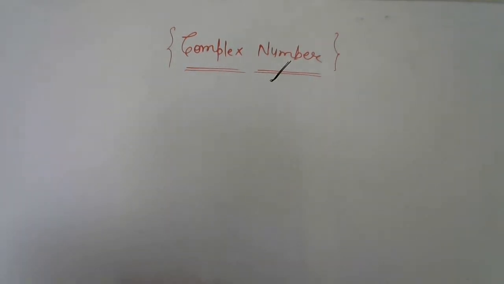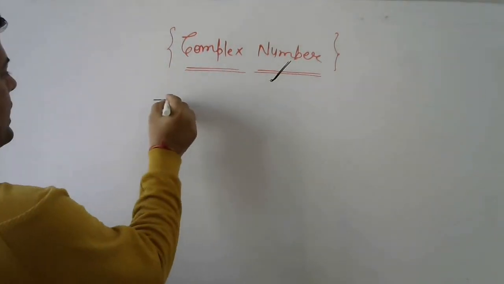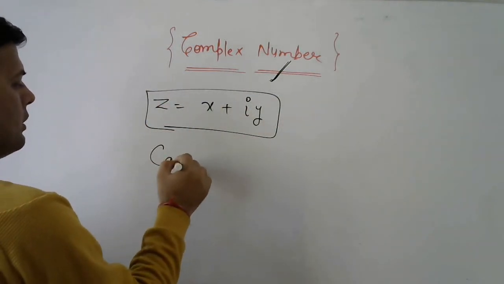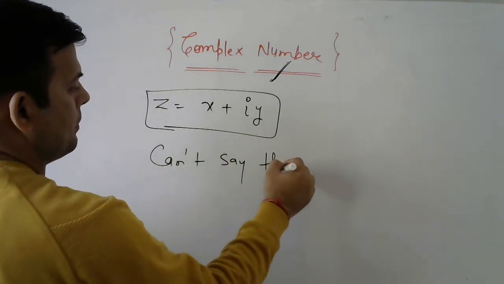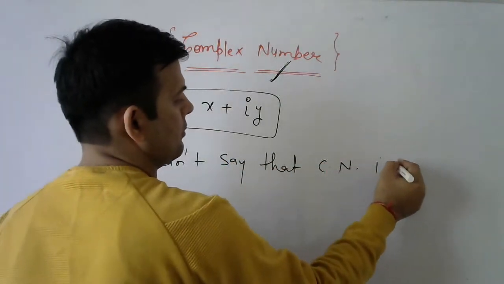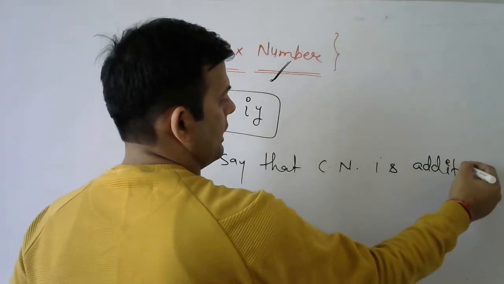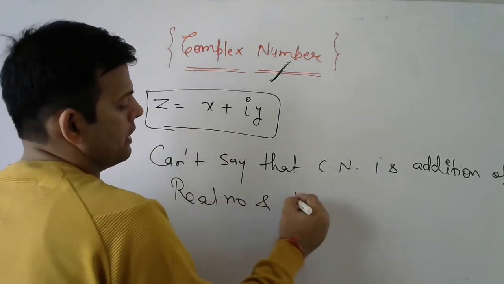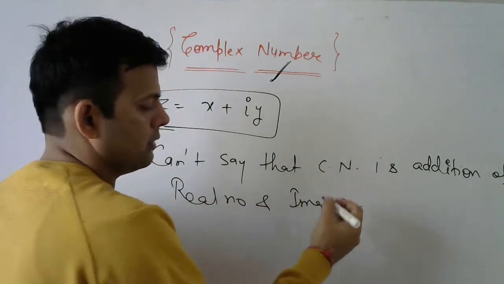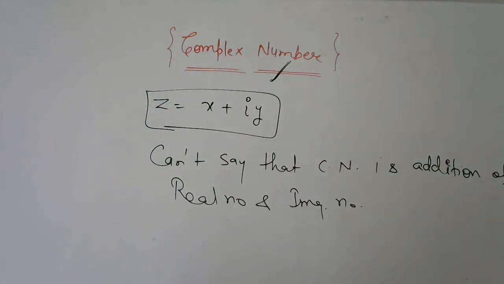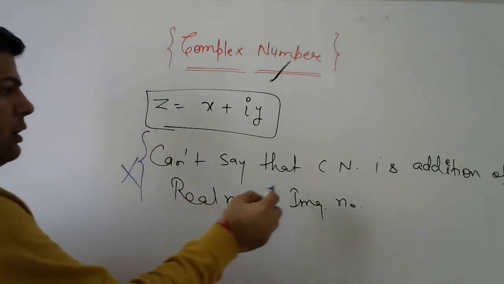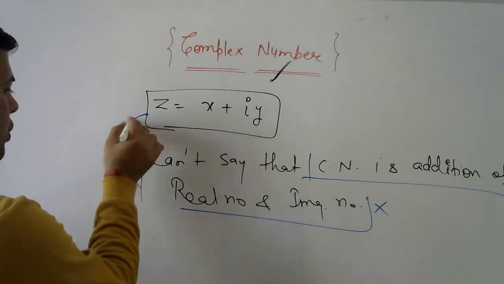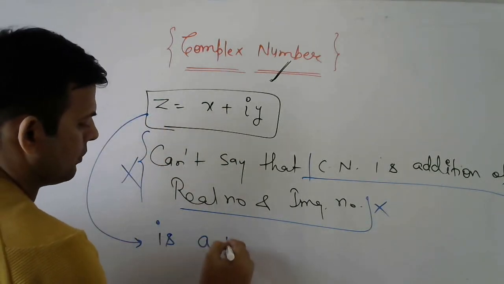But we cannot define a complex number like that. z is equal to x plus iota y. We can't say that a complex number is the addition of a real number and an imaginary number. This definition will be wrong. This is not correct. It's only a representation. A complex number is a representation